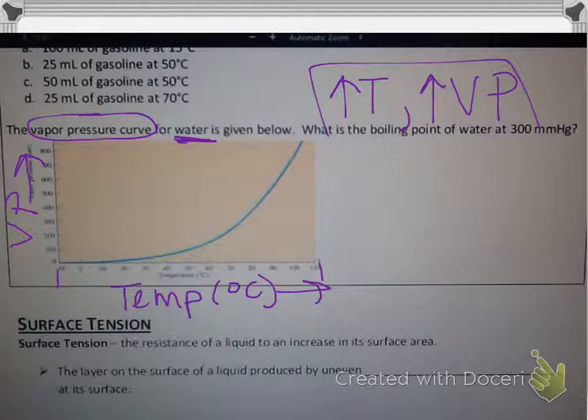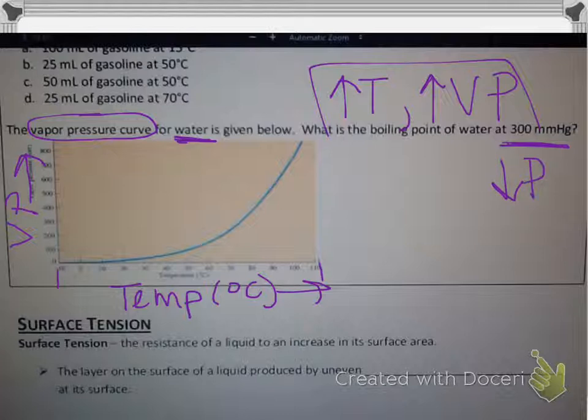What if we reduce the pressure of the system? We put it under vacuum conditions. That's basically what we're doing here. Instead of 760 millimeters of mercury, we say let's put the liquid inside of a vacuum and lower the pressure down to 300 millimeters of mercury. What will the boiling point of the water be? Well, first of all, I'm going to tell you the trend. Because if we're at a lower pressure